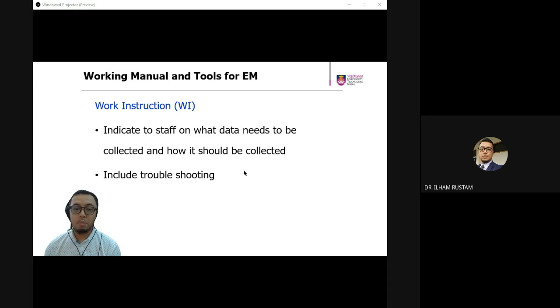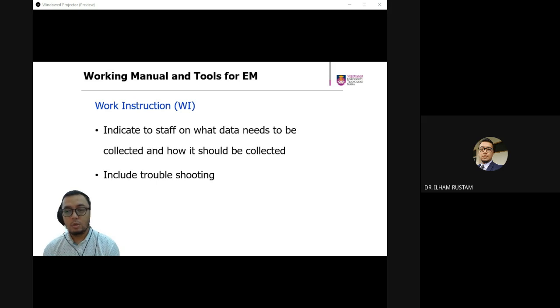You don't want to spend one whole month collecting data and find out in your computer later on when you want to analyze that everything shows NA, NA, NA, NA, not available, not available. You don't want that. So that is why not only knowing what data to collect is needed, you also need to know how to collect the data so that the data value is good for you to use for your